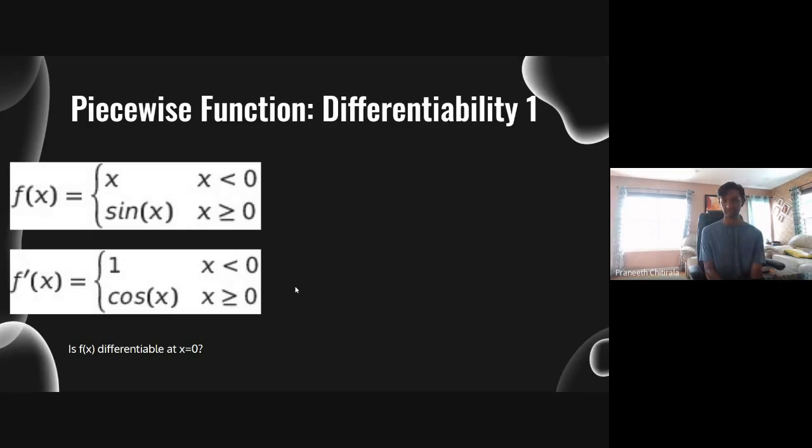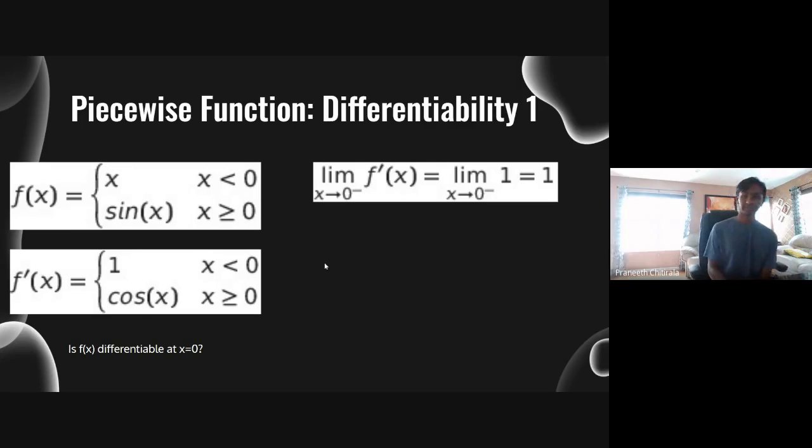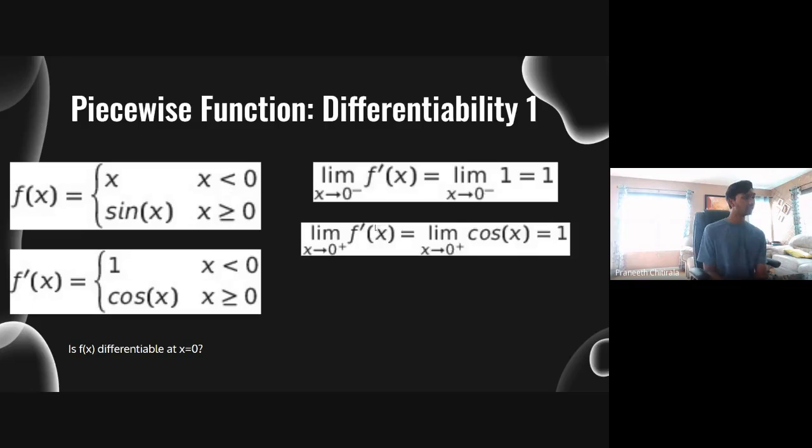So use the property of continuity of a function. Let's find the left-hand side. The limit as x approaches 0 from the left-hand side of f prime of x: the left-hand side function is 1, so the limit as x approaches 0 of 1 is equal to 1. The limit as x approaches 0 from the right-hand side of f prime of x, you will use